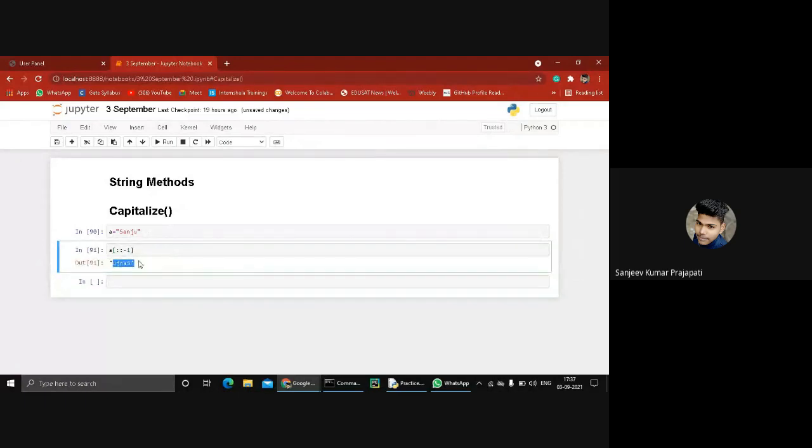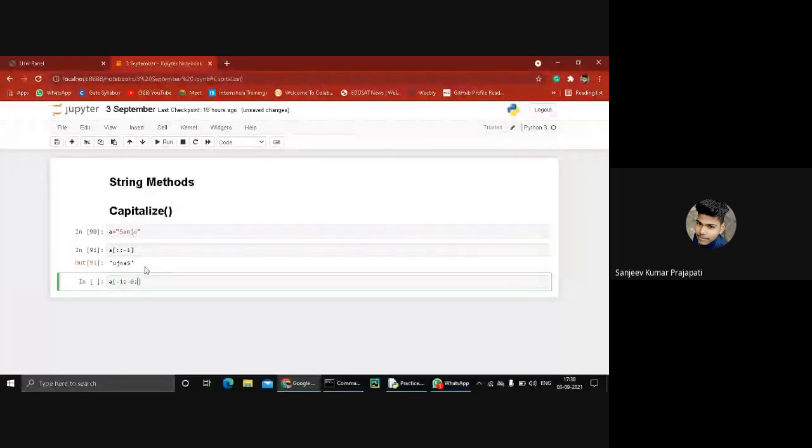So the first part is your included part, the second part is the excluded part, and the last part is the spacing part, right? So minus one means it reverses the string from the end of the string. And the next method is minus one, and again write minus one, minus two, minus three, minus four, minus five, and minus six.